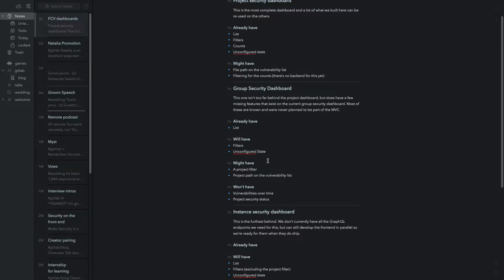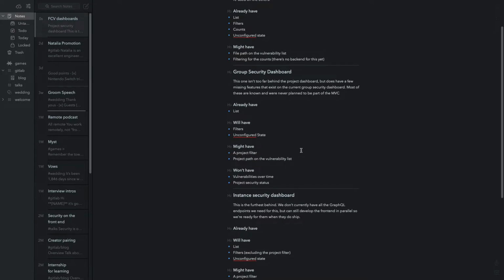An unconfigured state is something that we noticed fairly late on, and I've added it to the project dashboard. We just need to do exactly the same thing for the group dashboard. So they're in will have because they're relatively simple changes. Might have,